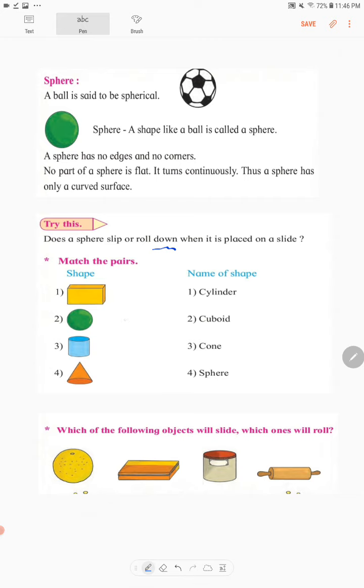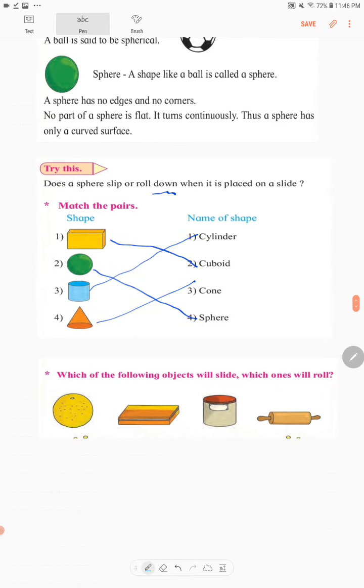Now you have to match this. It's very easy. This is a cuboid, sphere, cylinder, cone. Now which of the following objects will slide, which ones will roll? What is this? This is a fruit, it is circular, so this is going to roll.